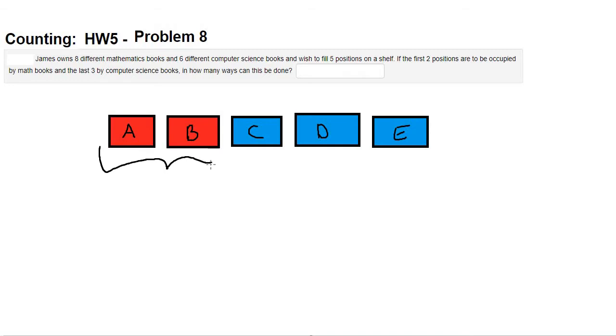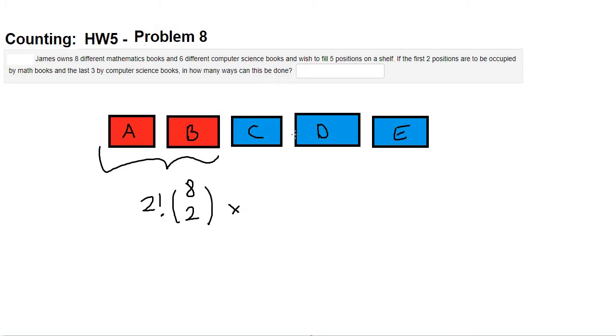For the first 2 sections, we are placing mathematics books, and we have 8 math books, and we are picking only 2. So 8 choose 2 is the place for math books, but A can be the first or B can be the first. So we have 2 factorial options times 8 choose 2,